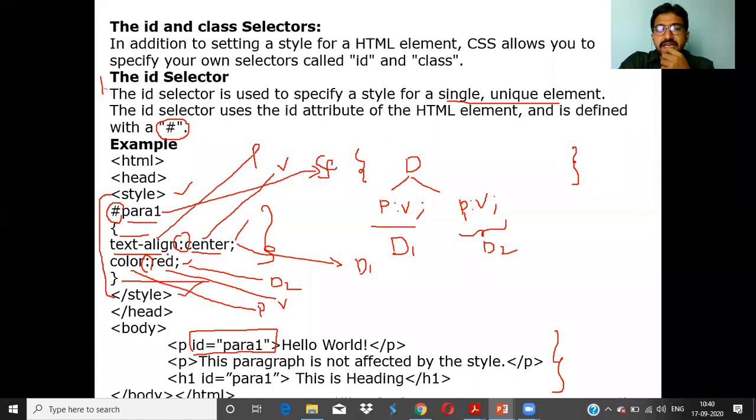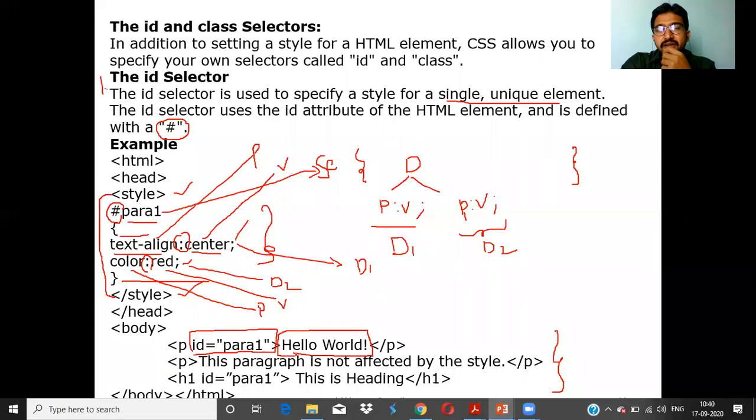This set of declarations is kept in open braces and close braces, and for that total block we give a name. That name is called the selector. If you use a hash in front of that name, it is called an ID selector. So wherever in the body you use id equal to the name of the selector, id equal to para1, for this text, hello world, it applies that style.